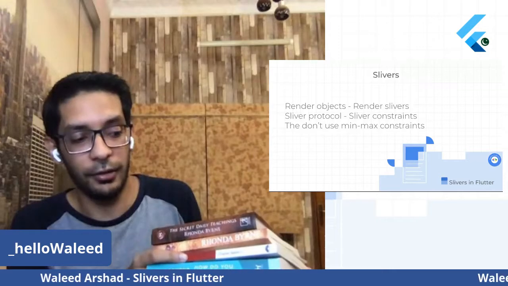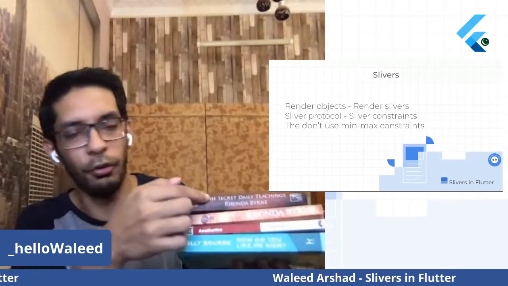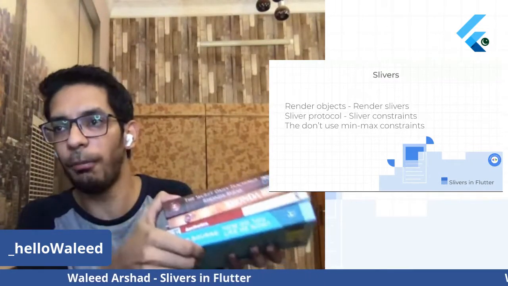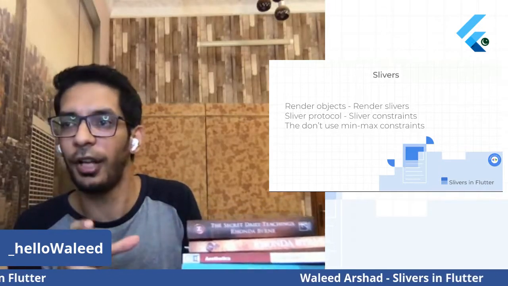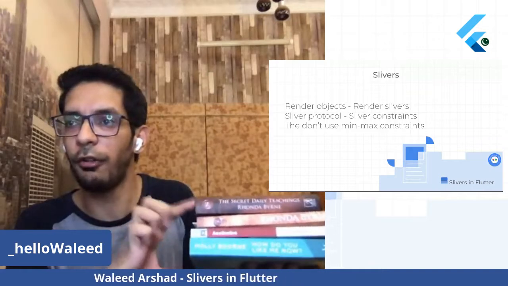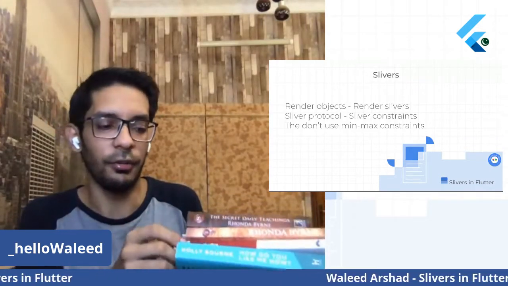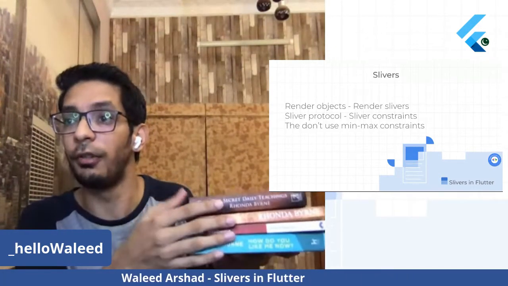When a slice needs to be added to the stack, this whole thing cannot be bounded by height and width. You cannot bound its height, because you can have a slice of something in between and it needs to expand itself. So you cannot fix this height. One more thing is that all these containers need to be slivers.